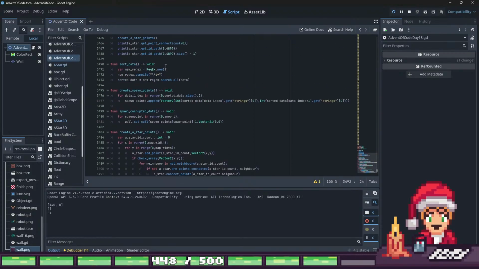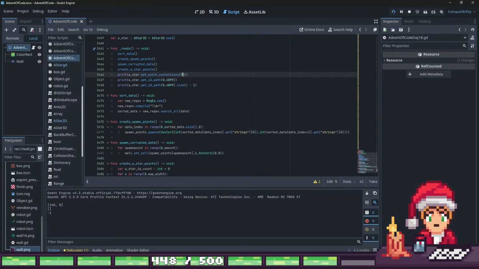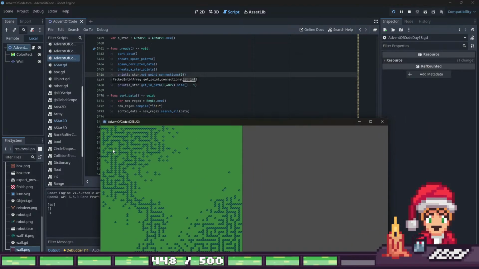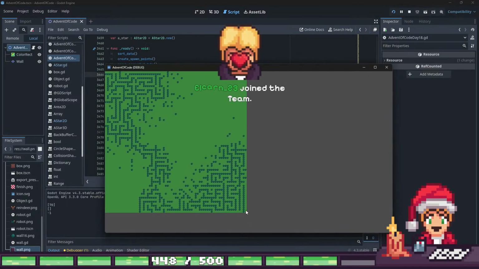As you can see here, when I run this code and I want to have the connections of the first position here, 0, with the ID 0, it should have only one connection, and this is with 1. But my problem is it's only connected with 70. And the weirdest thing is that when I print the whole path to the end of this one,